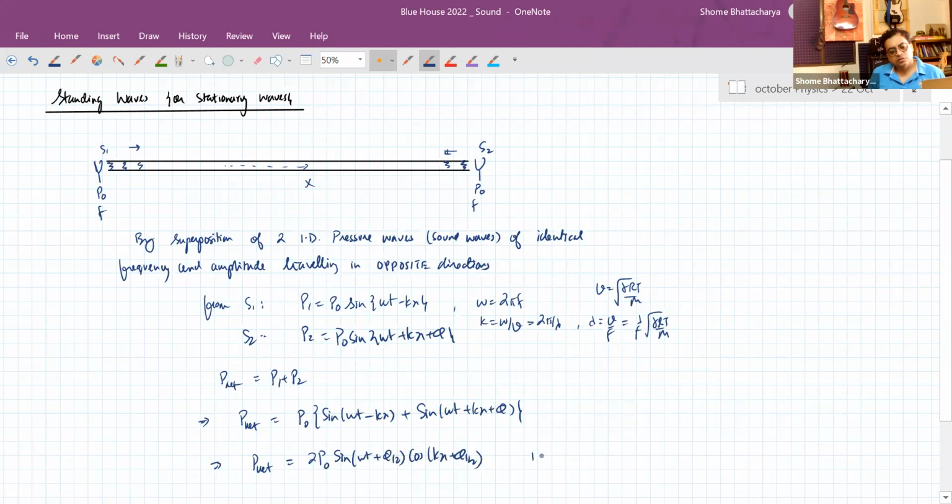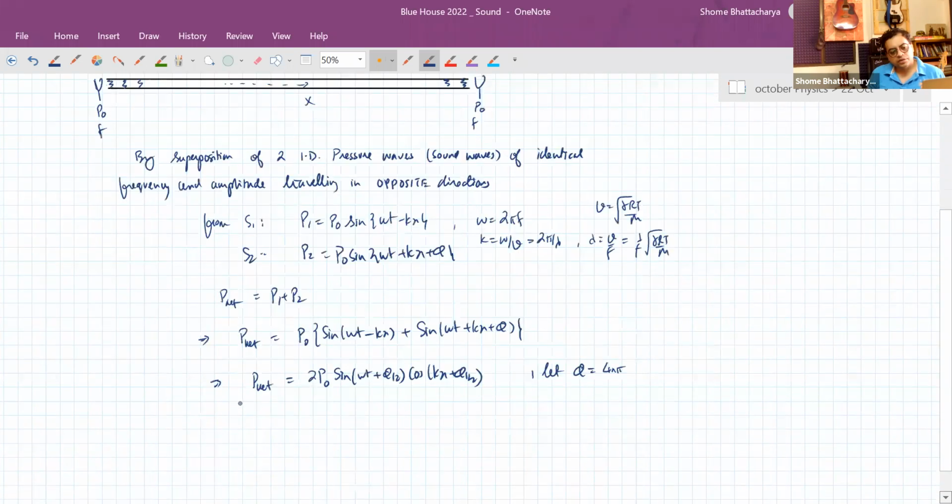Okay. So suppose p is equal to, and write it as